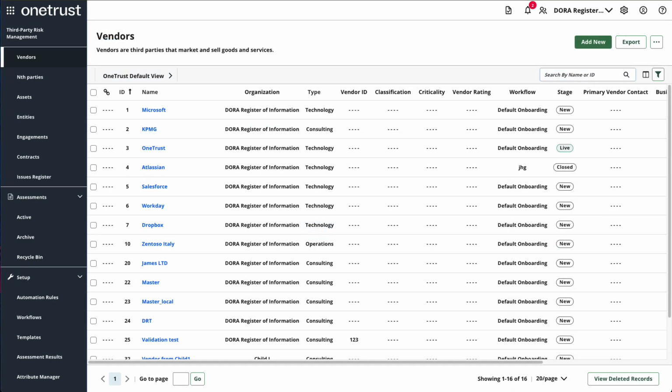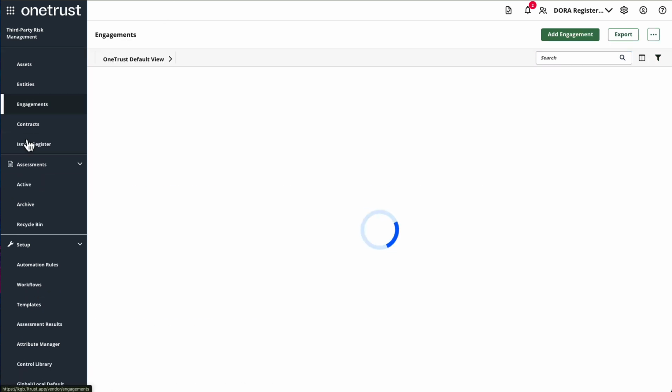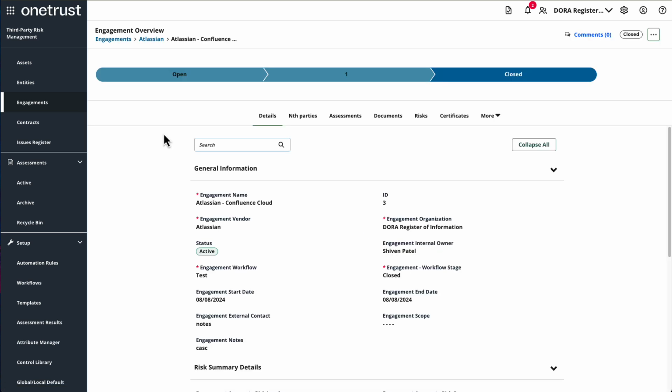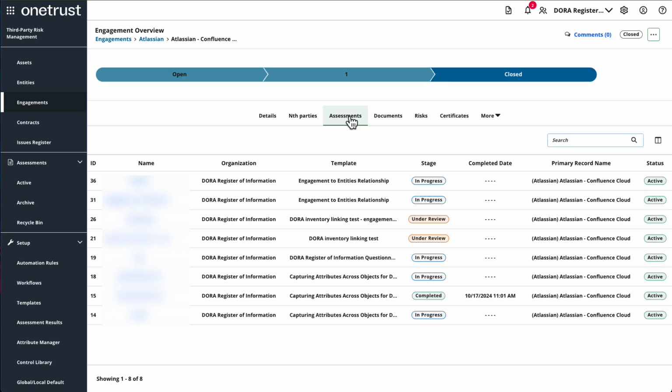The next thing I'd like to showcase is the DORA-related updates to engagements. I'll browse to engagements and select one of my ICT third-party providers, such as the Atlassian Confluence Cloud engagement. Remember, we can use the assessment capability to gather the required DORA information. Here, you can see a number of assessments already completed or in progress related to this engagement, but I can launch new assessments from the context menu in the top right corner to collect additional DORA-related information. Additionally, we've made the Related tab